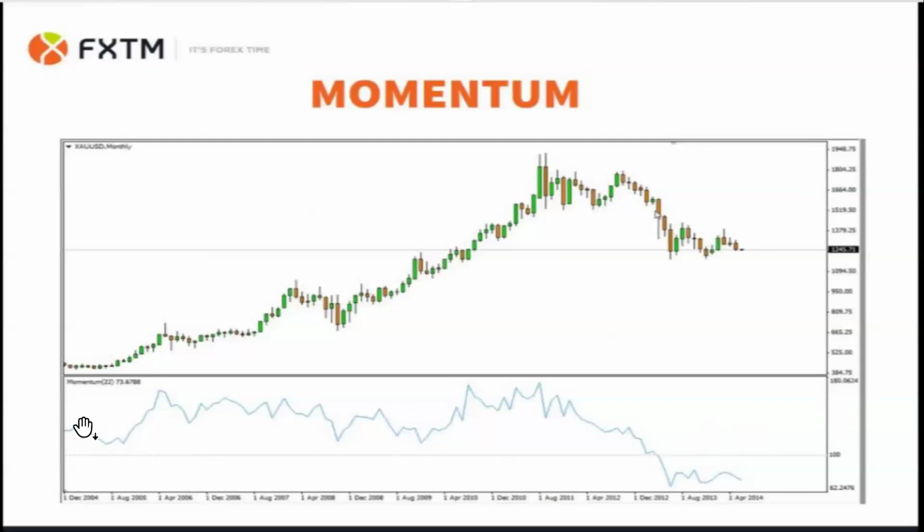Okay, so the market is already buying. This is gold. You can see gold was a very long buy. And then you can see momentum is on top of the line. It doesn't matter the shape. The most important thing is that it's on top of it. Once it's on top of it, keep looking for support to buy. And then if it's below it,